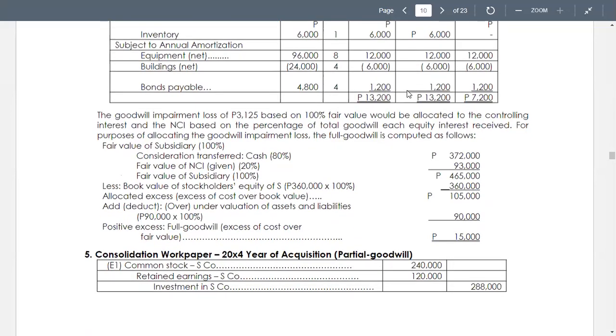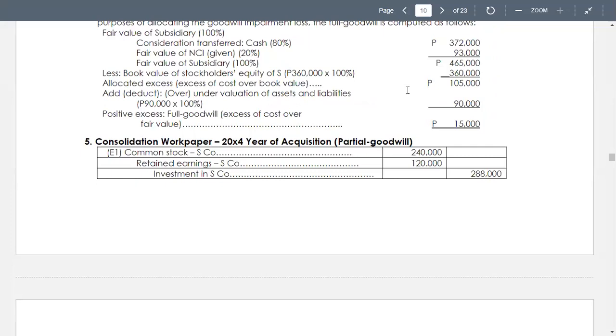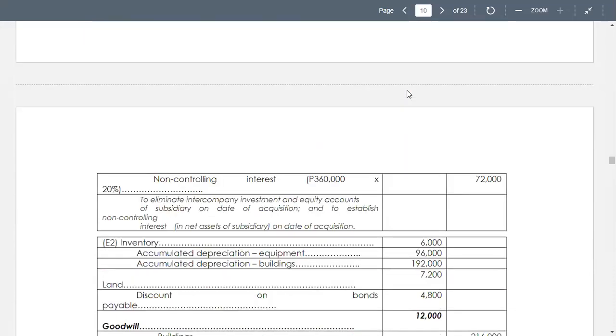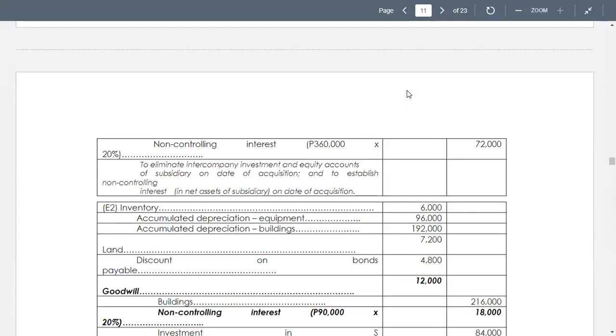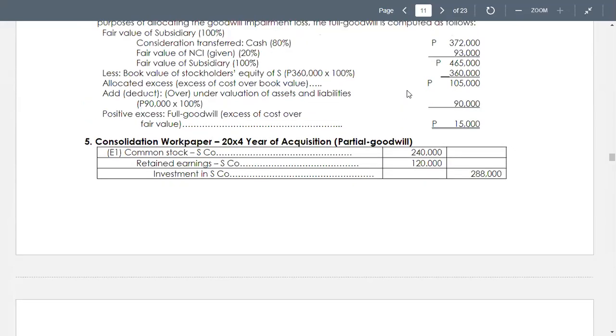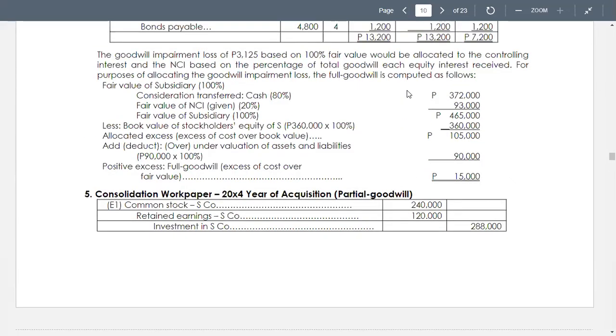And we go to requirement number 5, the consolidation working paper that will involve the elimination entries under the partial goodwill approach. So we now debit common stock of S to eliminate common stock. Also debit retained earnings of S, and now we credit investment in S company. Actually, the investment made was 372,000. However, we have your amounts for the non-controlling interest. If we go back there, the consideration made by the parent was 300